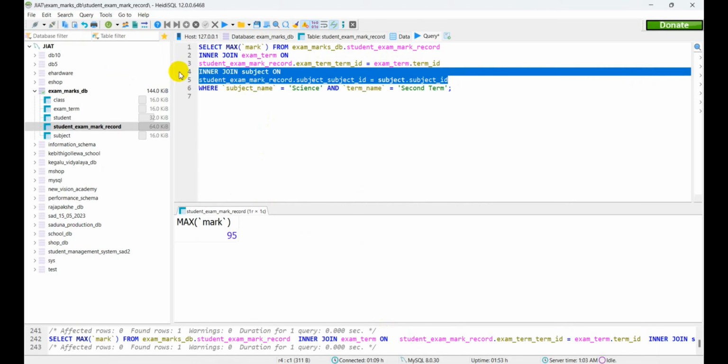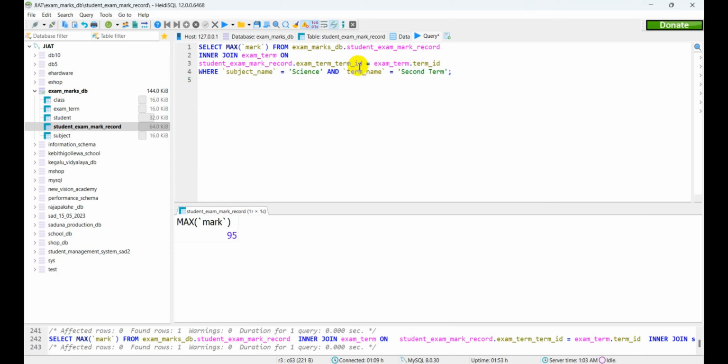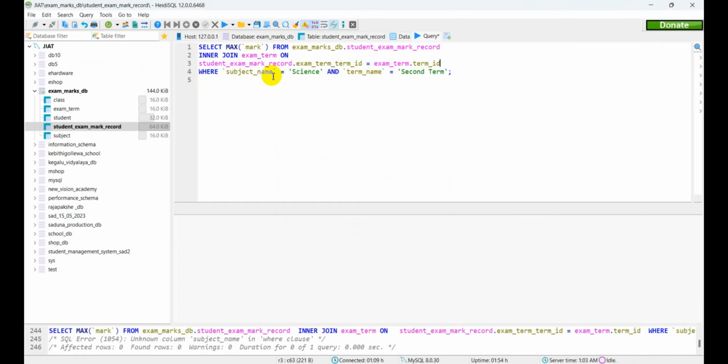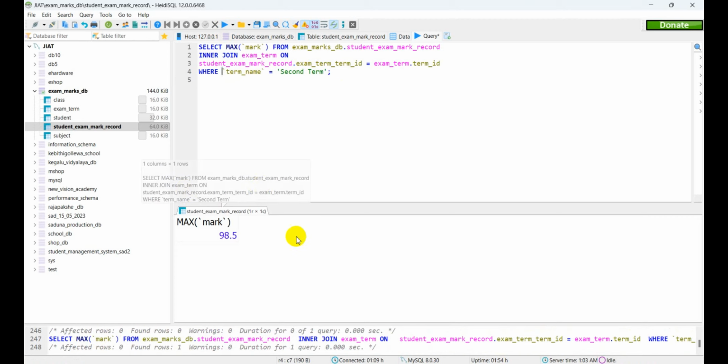Here we don't want the subject table. Term name is second term. Subject, we don't want this one. You can see here the maximum mark is 98.5